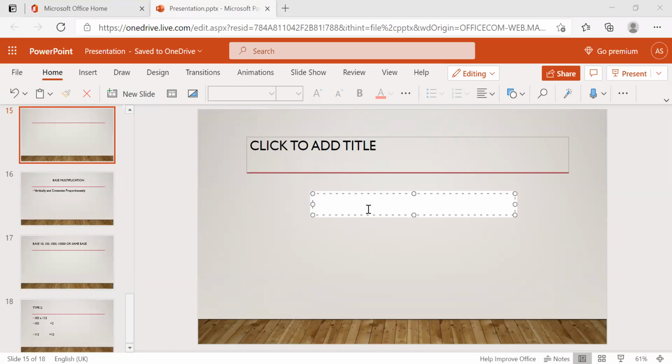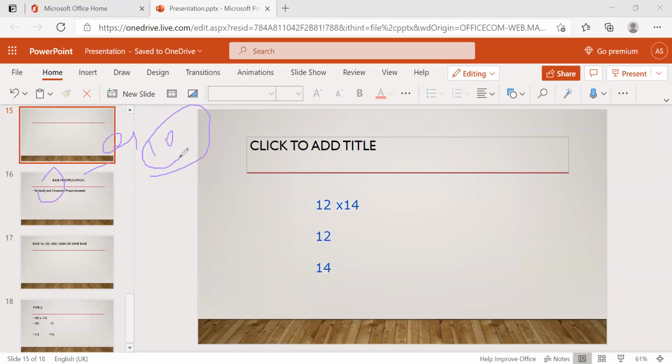Suppose they ask 12 into 14, how are we going to perform it? I can write 12 and 14 like this. And see, I said base value. The base value for 0 to 9 is 10, right? And these numbers 12 and 14 are near this value, right? I can consider base 10 as the nearby value, but it is more than the base value. What's the base value? 10.